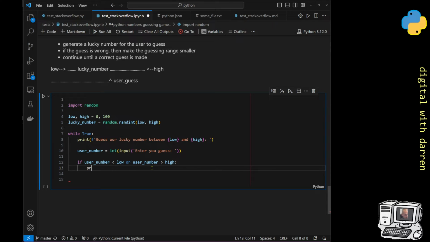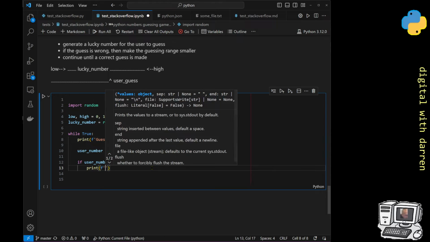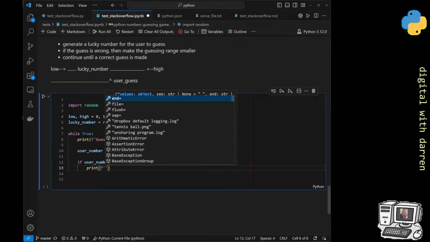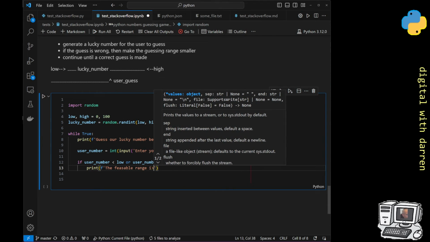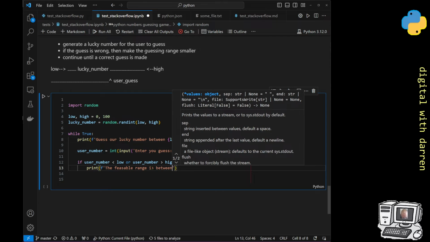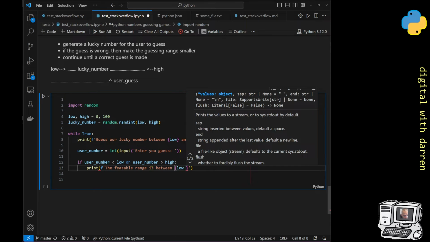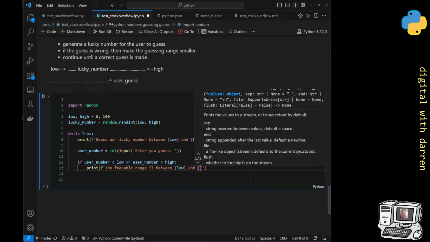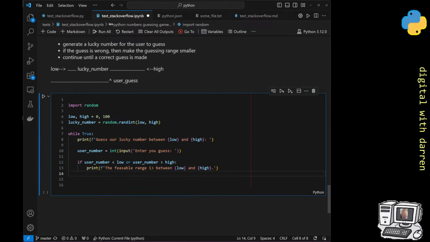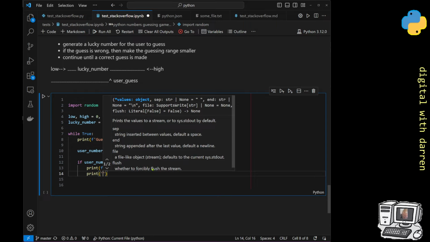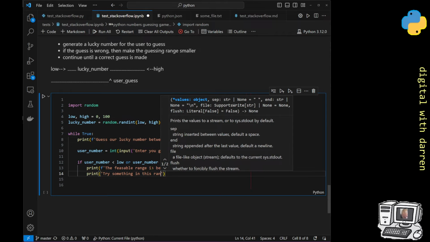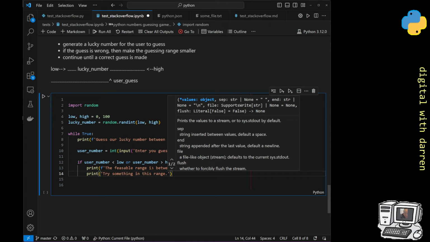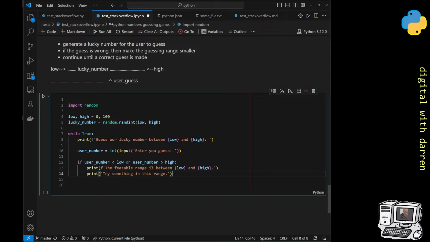then we want to do print, and we will print out another f-string here and say that the feasible range is between the low and high, like this, and then we'll give another statement. So we'll say print try something in this range, and then we will continue